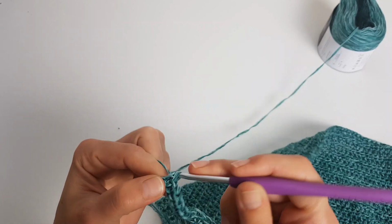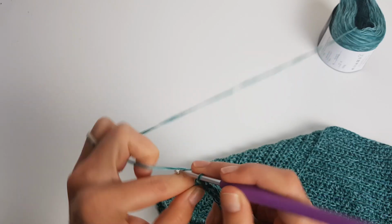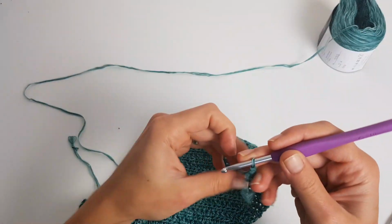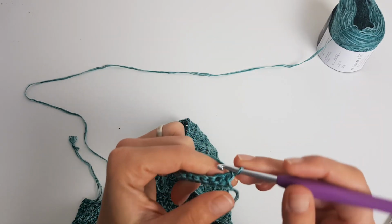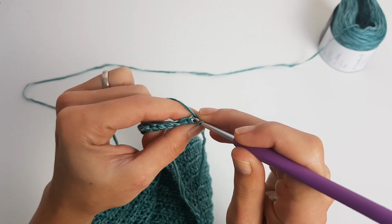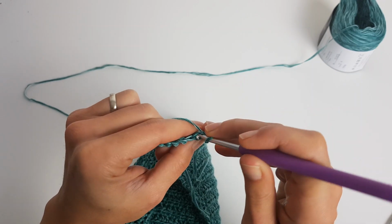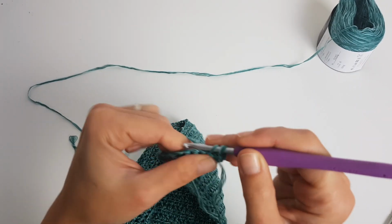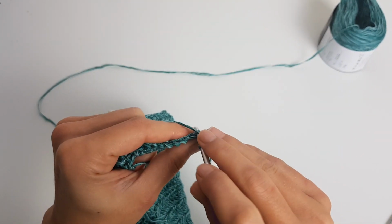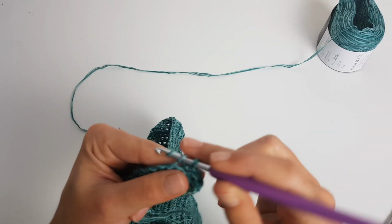and we will start the second one, which will be a bit different because the first 10 stitches and the last one we will work in the back loop only and also single crochet. So now starting with the first stitch, just single crochet into the back loop and repeat for all 10 stitches that you have on this extension. So single crochet in the back loop only,